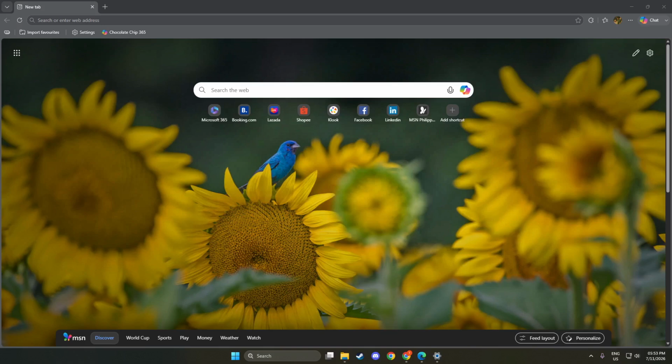Once there, take a moment to ensure you are on the official site, as this is crucial for downloading safe and secure software. You will see various options related to WebView 2. This step is essential because downloading from the official source ensures you get the latest updates and security patches.